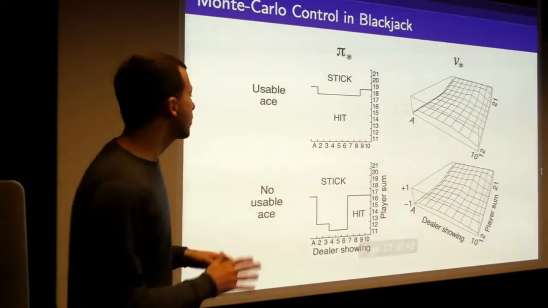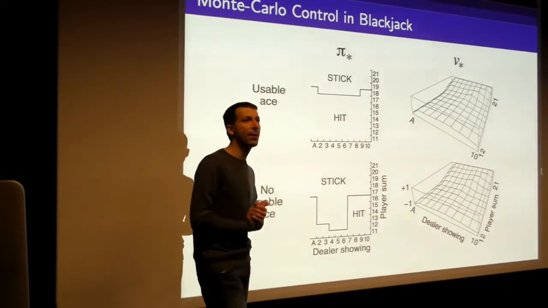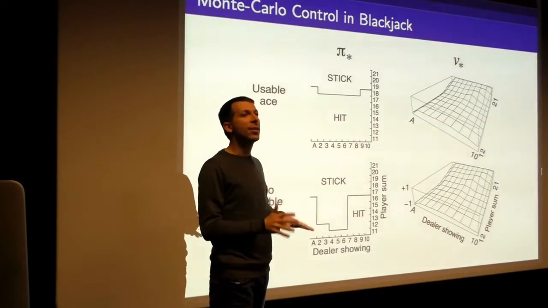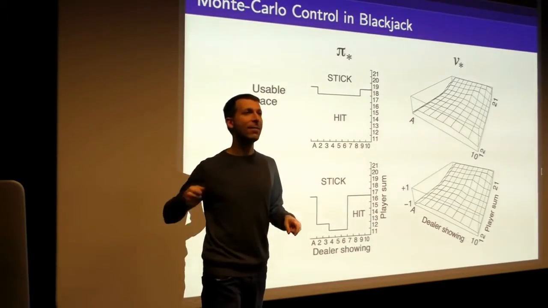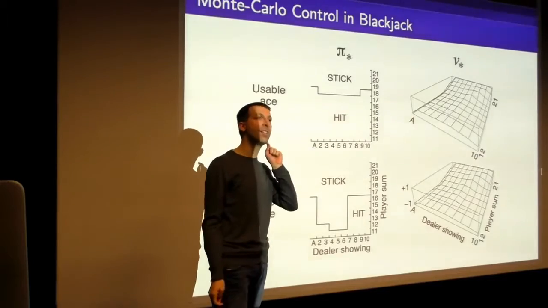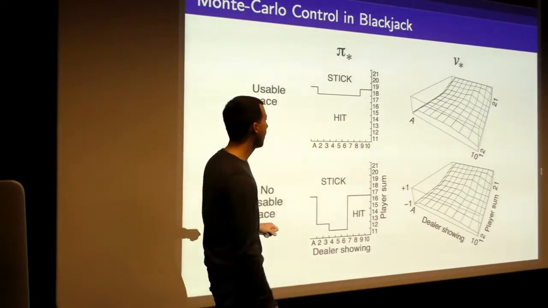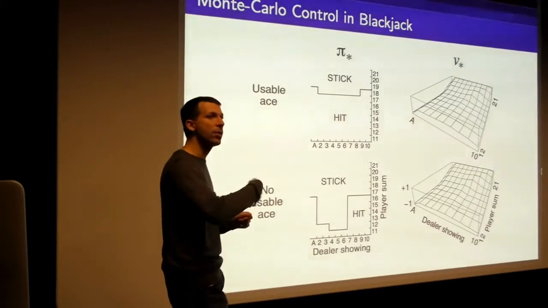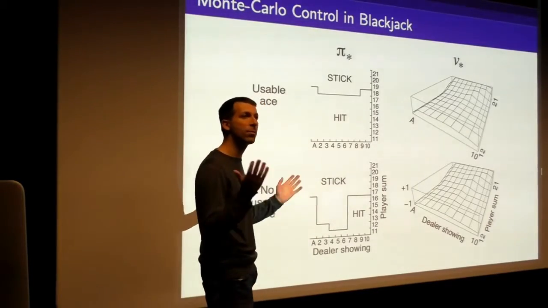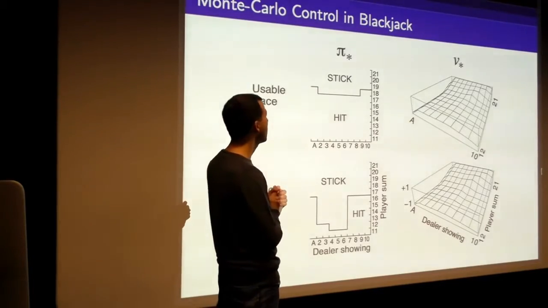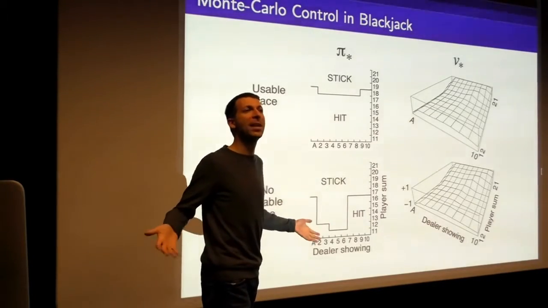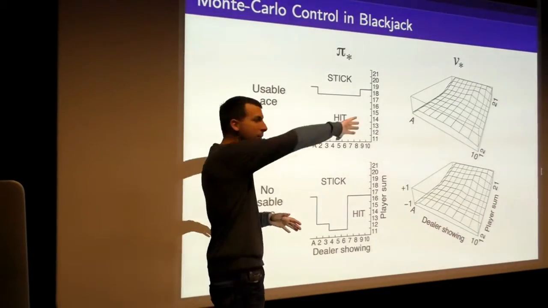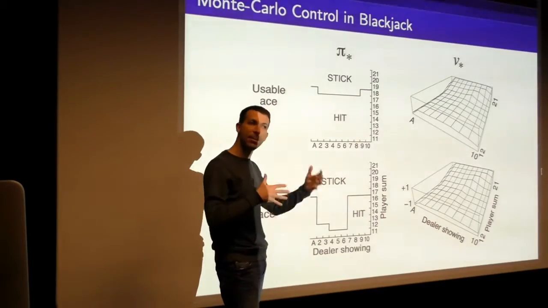Okay, so let's just do a quick example. We had this Monte Carlo example in a previous lecture. In the last lecture, we just looked at evaluation. We basically said, if I send you into a casino and you have to stick unless you're on 19, 20 or 21, I think that was the policy we had before, how much money would you win or lose in that casino? That's what we looked at before, and we had a particular plot of the value function with a particular shape to it.